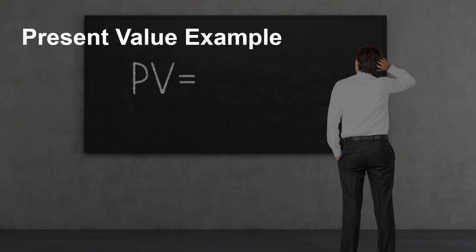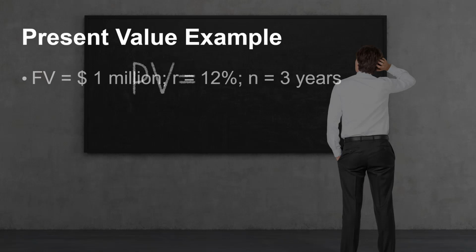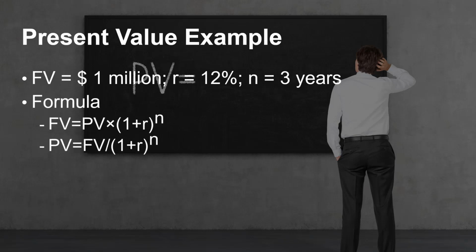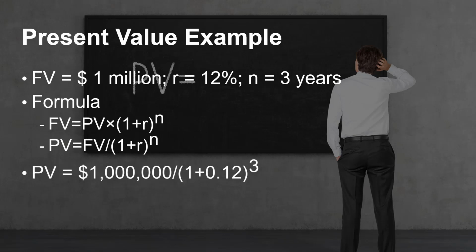Here's an example for present value calculation. Assume that we need a future value of 1 million. The annual interest rate is 12%, and the time that things would be invested is 3 years. Now, with a little algebra, we can take the formula from future value and figure out that the formula for present value is FV divided by 1 plus R to the power of n. So, if our future value needs to be 1 million, we divide that by 1 plus the 12% interest rate to the power of 3 for the 3 years of investment, and the result would be that we need a present value of